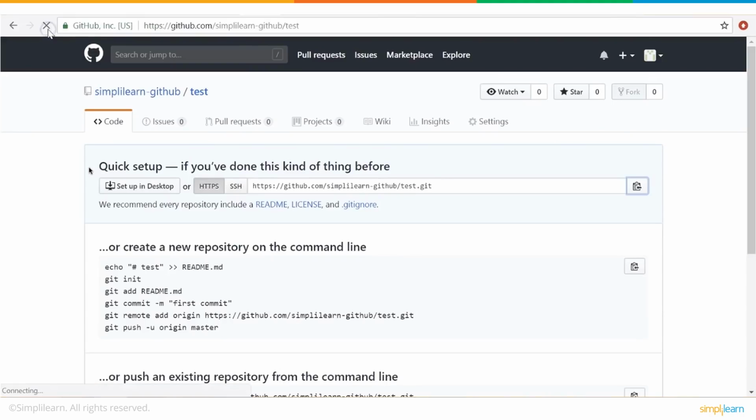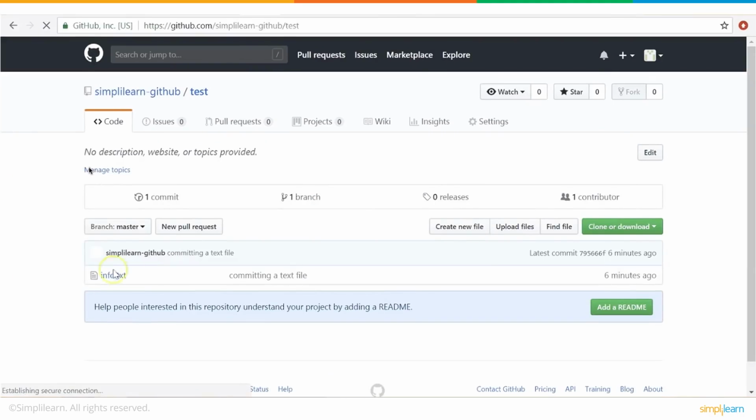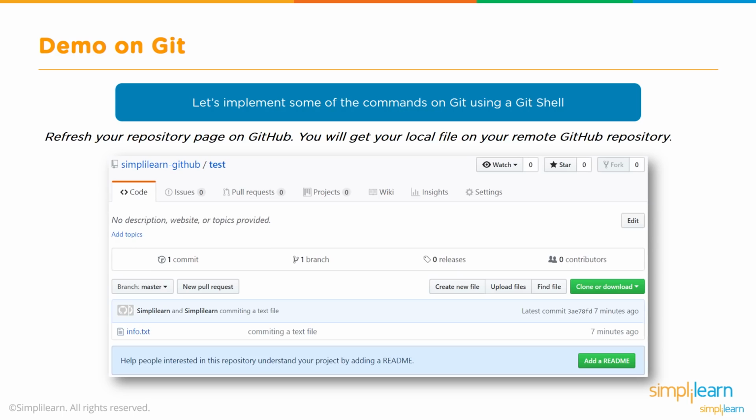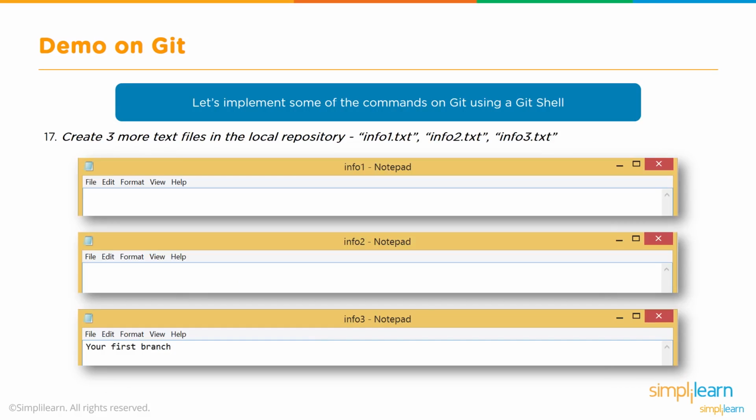So let's go have a look at that. We're going to refresh the GitHub page, and there we are. info.txt has been uploaded, and we're ready to go. That's great. That's what you should be seeing. So refreshing your web page on the remote GitHub folder, and it could be any Git service, but we happen to be using GitHub because it's free to use. You'll be able to see that the local file is now part of the Git repository